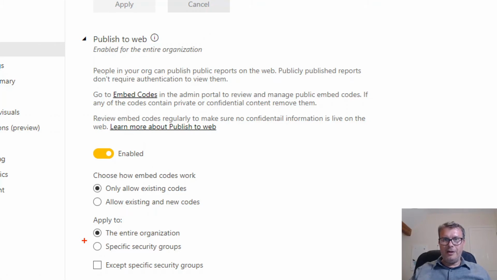So do not do this. I work for Microsoft. I am telling you explicitly, this is not a way of publishing your reports. So as a Power BI admin, it's your job to stop this kind of naughtiness, turn it off, unless, like I said, you've got a good reason for people to use this.